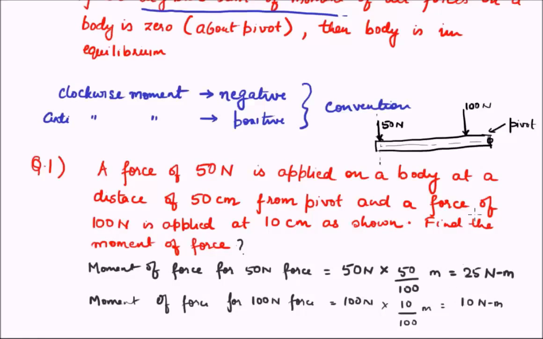For the sake of argument, if this force was applied in the opposite direction, then the moment due to that force would be in the clockwise direction, and we would have taken it as negative. Therefore, the total moment of force is equal to 25 plus 10, that is equal to 35 Newton meter, and I will mention here that it is in